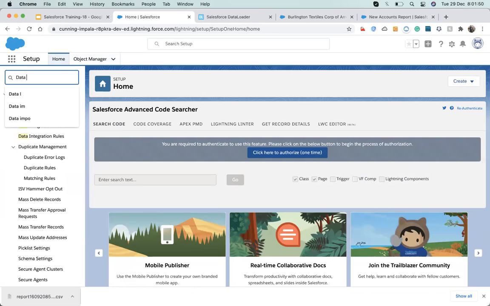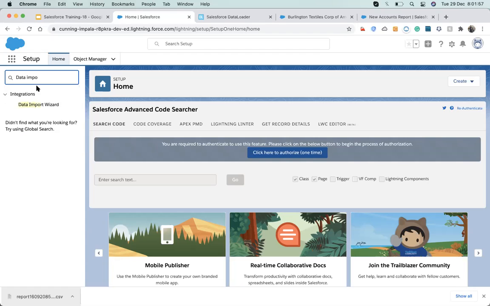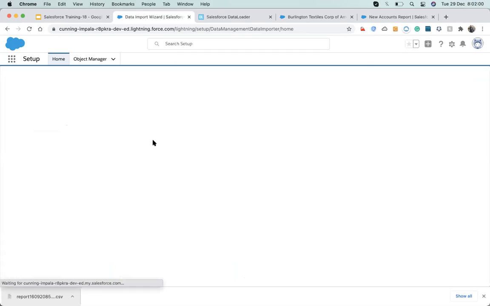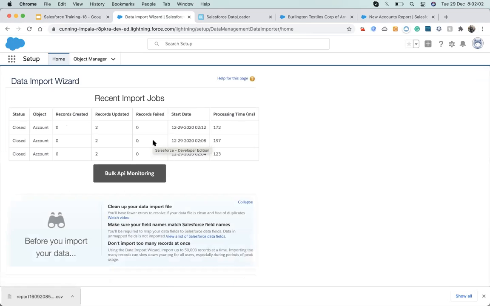Suraj, in the case of the data import wizard, let's say we have 7 fields and we want to create a new record or new account. All the fields should be mapped, right? No, only the required fields must be mapped. It doesn't need all the fields to be mapped.